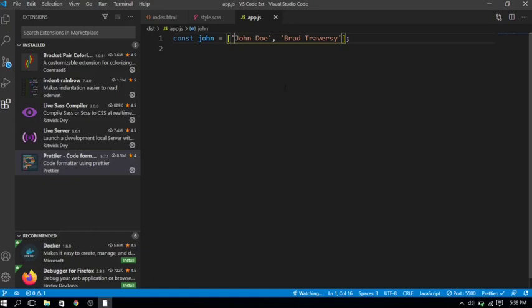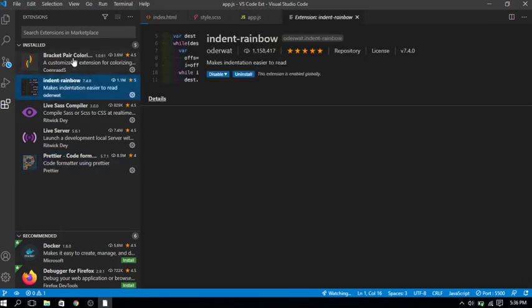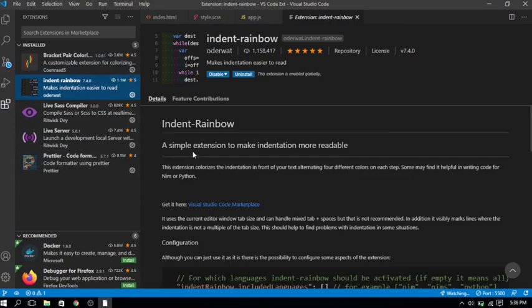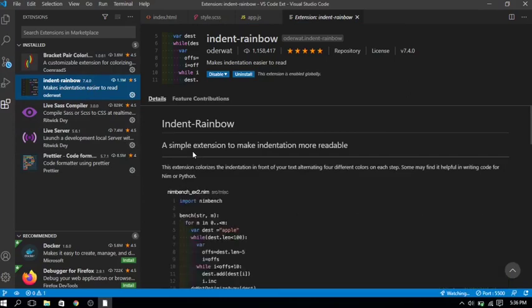So the next extension I would like to talk about is this indent rainbow. These are the 5 I use most of the time. It's very, very simple also, but can also be very useful. It makes coding a bit nicer and more elegant to the eye. So once you have installed it, I'd like to show you in here in my